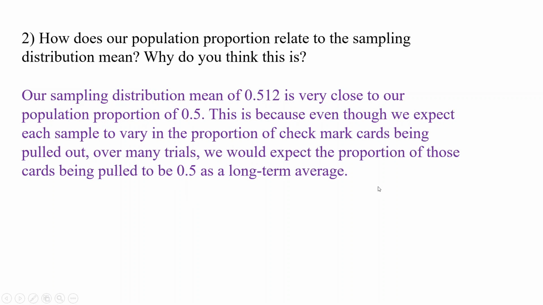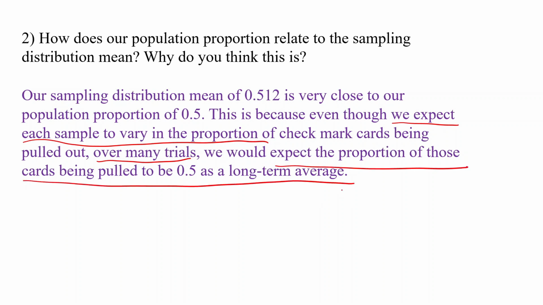And this is because though we expect each sample to vary, right, as we take each sample, we expect that natural variation. Over many trials, we would expect the proportion of those cards being pulled to be 0.5 as a long-term average. And we talked about this with proportions, right? If you go back to when we talked about flipping coins,